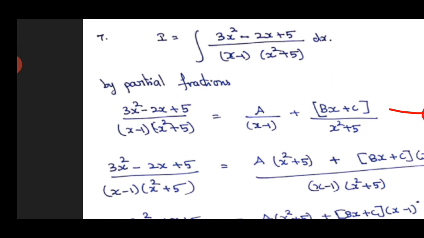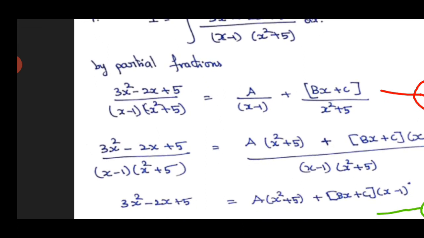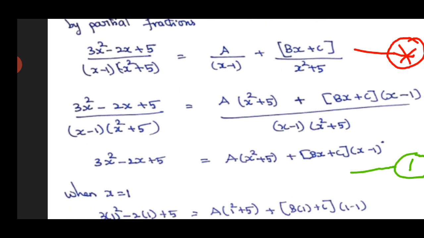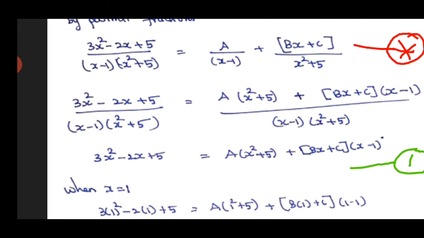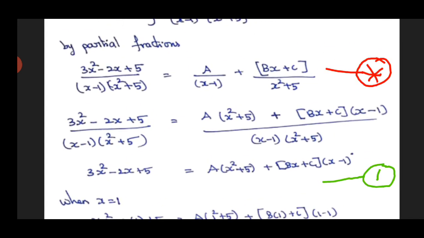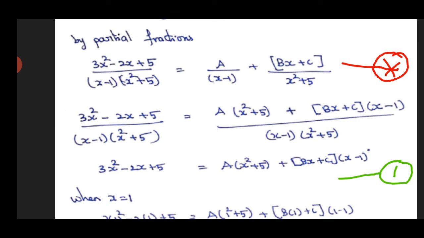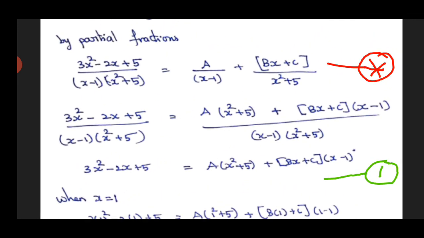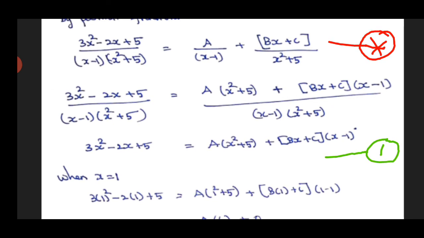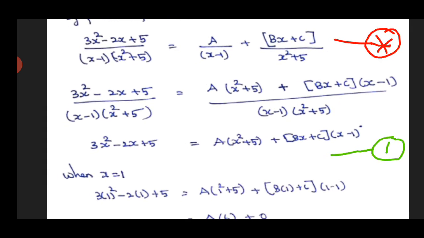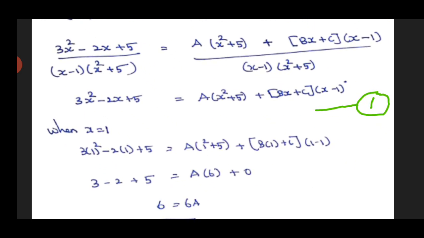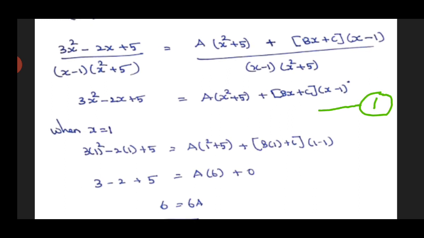So for this not factorable type you keep in mind, so which are not factorable type, with the x square term if you have plus number it cannot be factorized. So for that type the numerator part must be bx plus c. So this is the formation of this partial fraction type red color equation you can see. Now the normal LCM you are doing, you are cross multiplying a into x square plus 5 plus bx plus c into x minus 1 the whole divided by x minus 1 into x square plus 5. So as usual cancel the denominators, so we get the equation 3x square minus 2x plus 5 equal to a of x square plus 5 plus bx plus c in one bracket and into x minus 1.